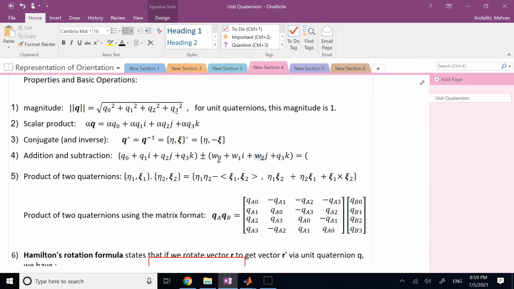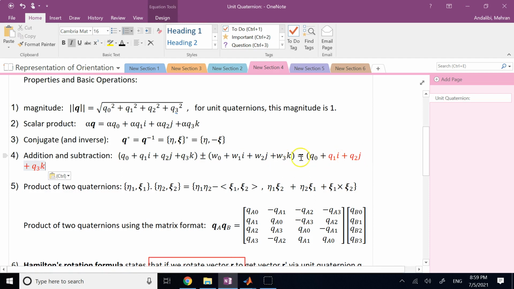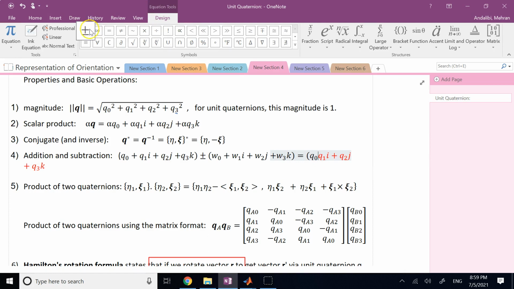And I am simply adding or subtracting these quaternions together, so it is going to be basically q naught, and then basically plus or minus w naught, correct? The real part of it, and then plus